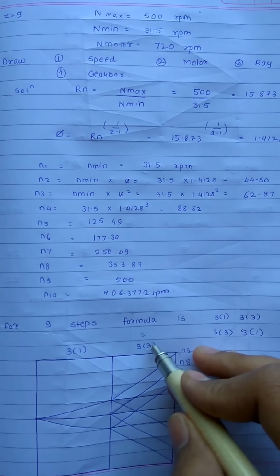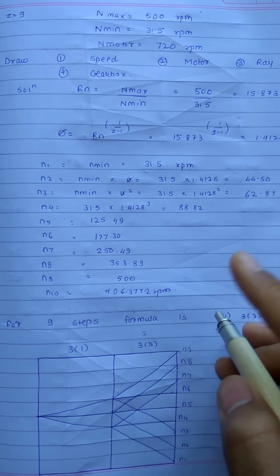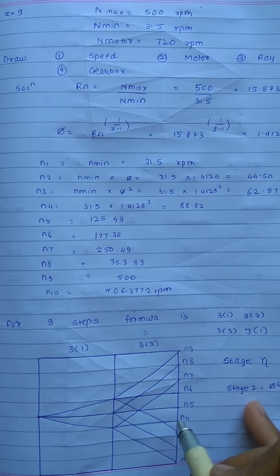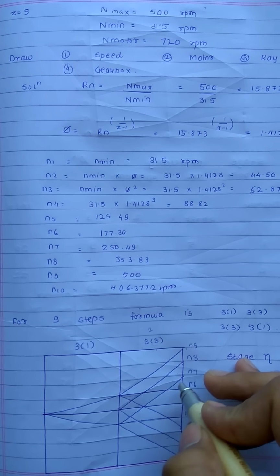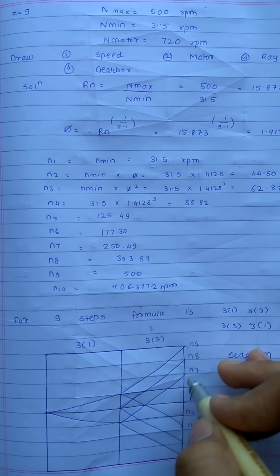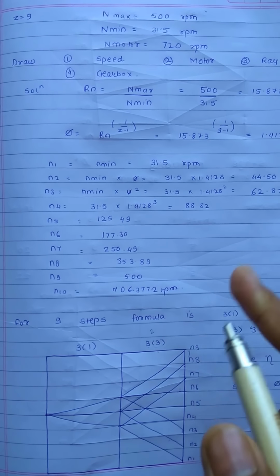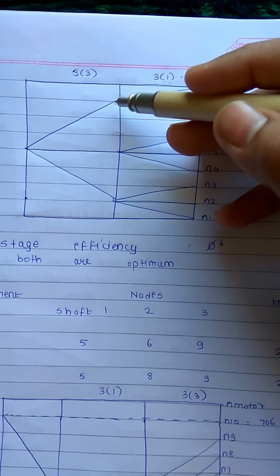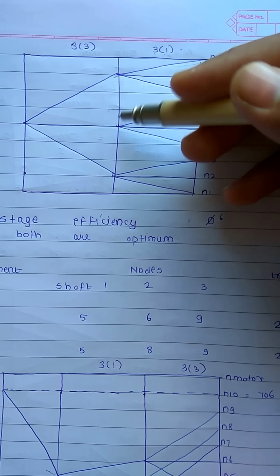So we can find out the stage efficiency as 3 and doubling it, that is 3 into 2, we will get it as 6. So the stage efficiency is 6. Then how did I find out this 3? I took into consideration the number of spacings between 2 lines, that is 1, 2 and 3, and then multiplying it by 2. Again for this diagram, the maximum space between the 2 lines is 1, 2, 3 and multiplying it by 2 we get 6.